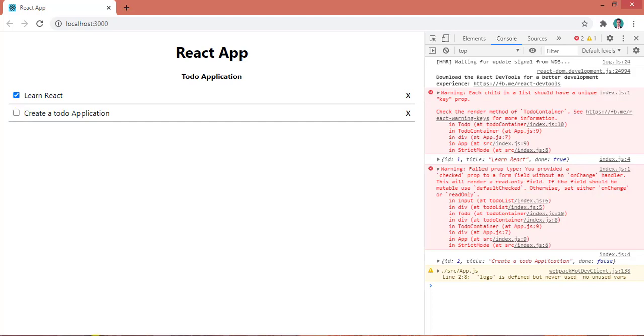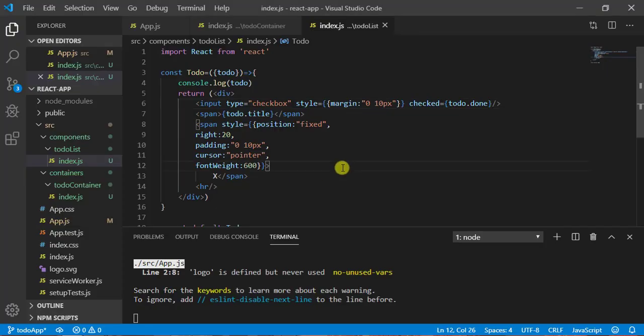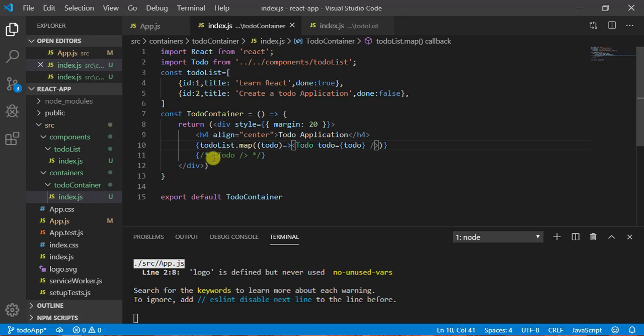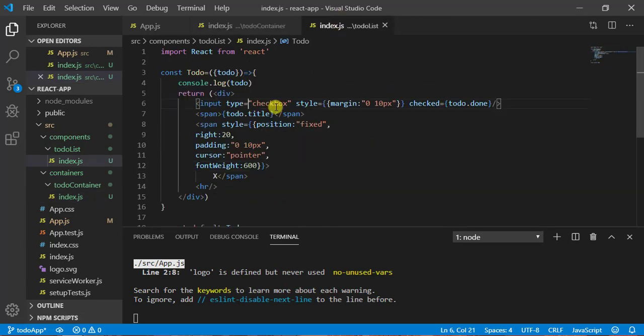So in this video we have created this todo container. Let me remove this code. We have one todo list, and I have two objects here, meaning I can set two tasks, and I am mapping through this and printing here. This todo component is going to check the todo.done property.